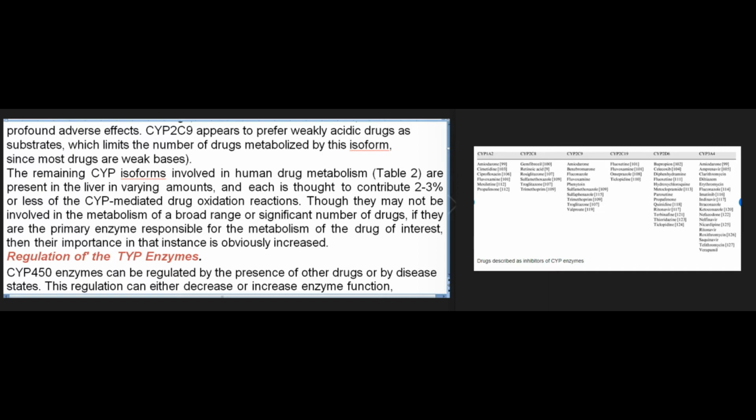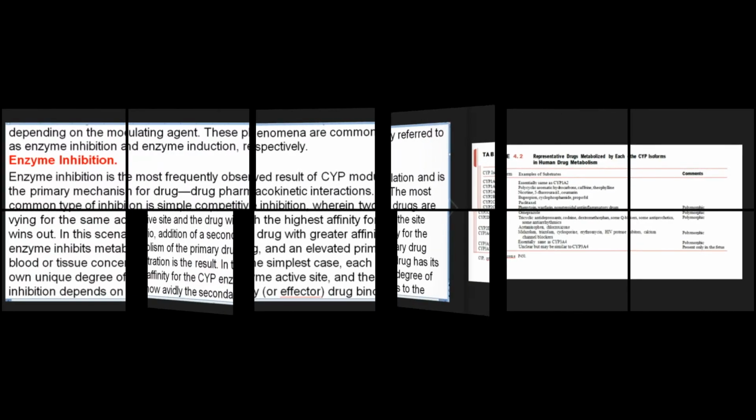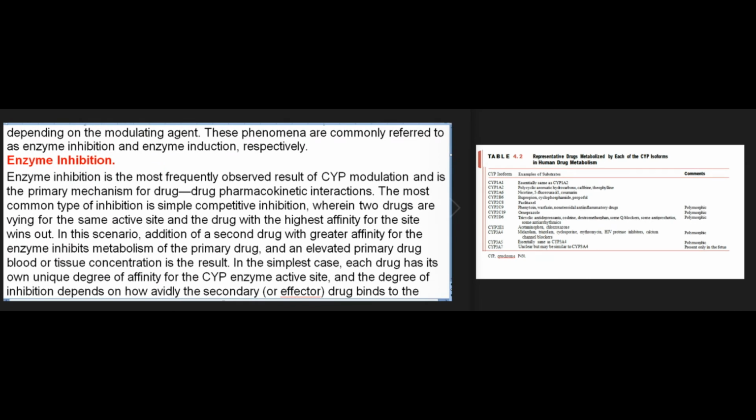CYP450 enzymes can be regulated by the presence of other drugs or by disease states. This regulation can either decrease or increase enzyme function, depending on the modulating agent. These phenomena are commonly referred to as enzyme inhibition and enzyme induction, respectively. Enzyme inhibition. Enzyme inhibition is the most frequently observed result of CYP modulation and is the primary mechanism for drug-drug